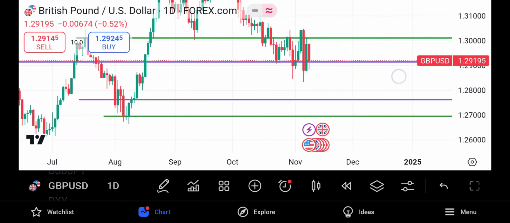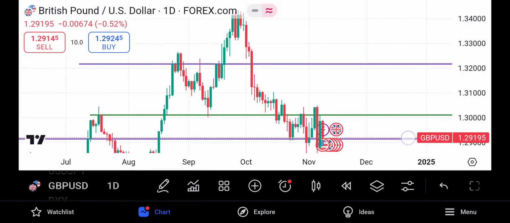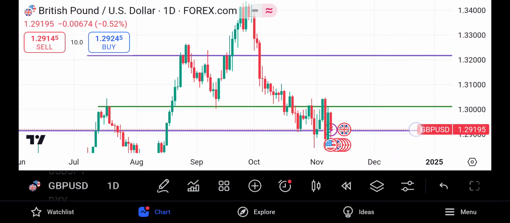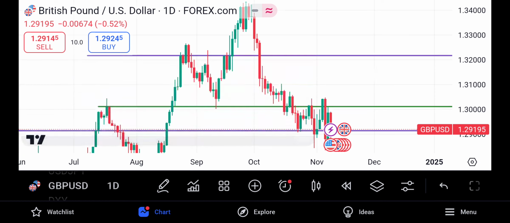For this market, what am I watching? Just like I spotted on the weekly that there was an M pattern, you can see the first leg over here, this was the second leg, the third leg, and this was the breakdown of that leg. And this is it on the daily time frame. If this is the neckline, sorry, if this is the neckline,